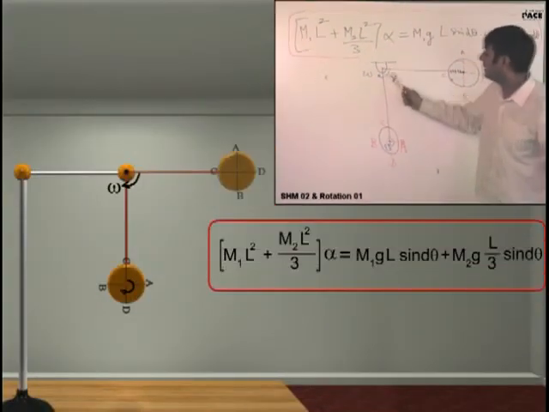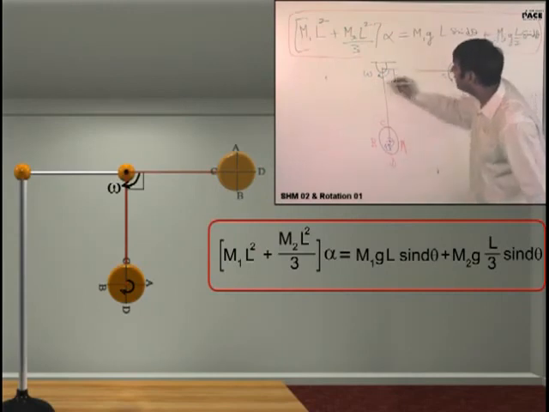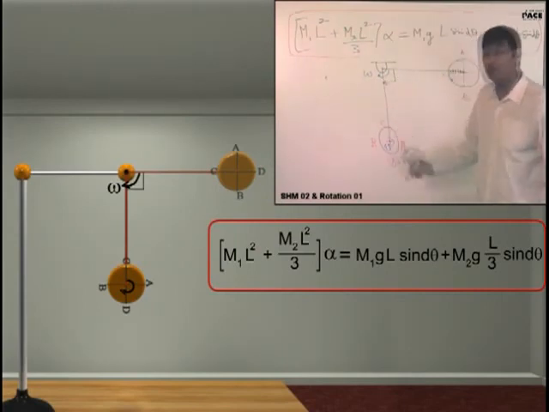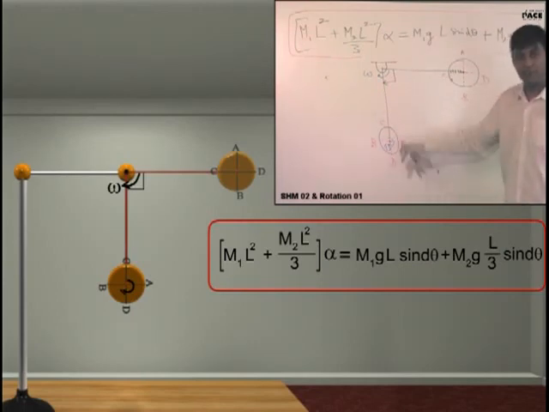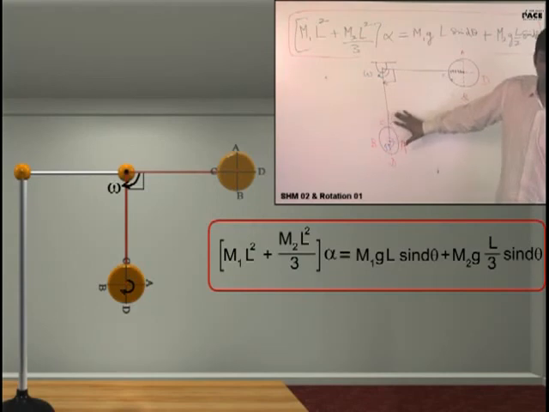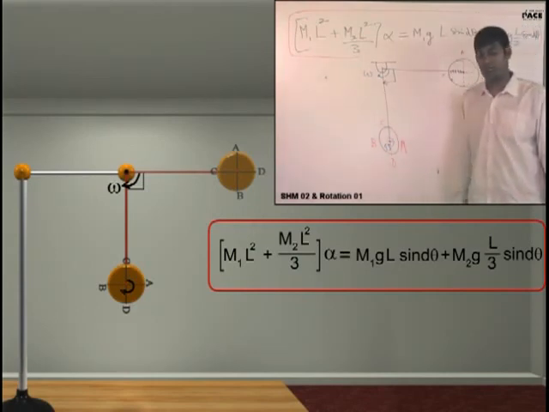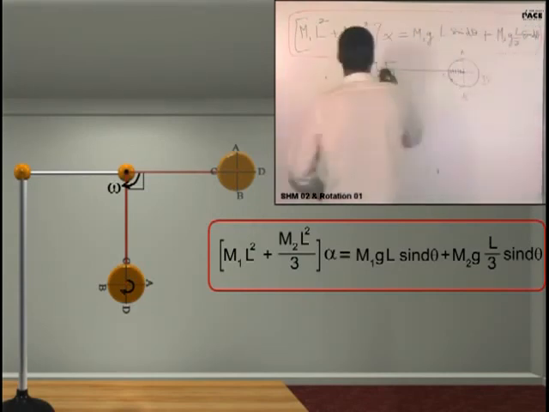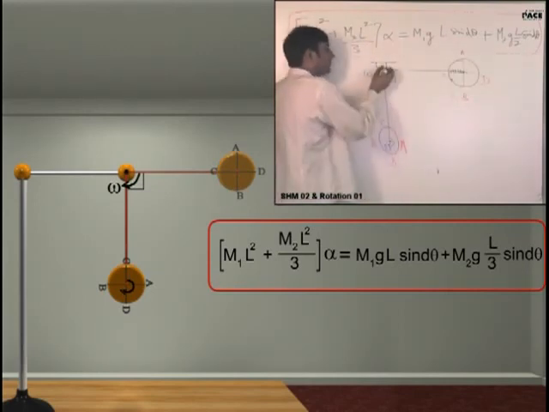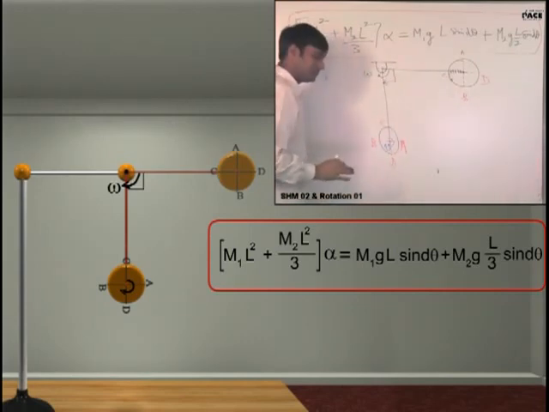So if it has rotated 90 degrees about this axis, the disc also has rotated how much? 90 degrees clockwise. Same. Have you understood this? Yes, sir. Now in this case, what will be I? The net torque will be the same. Net torque is equal to I alpha. What will be I? Will I take the parallel axis theorem for the disc? Yes or no? Yes, sir.